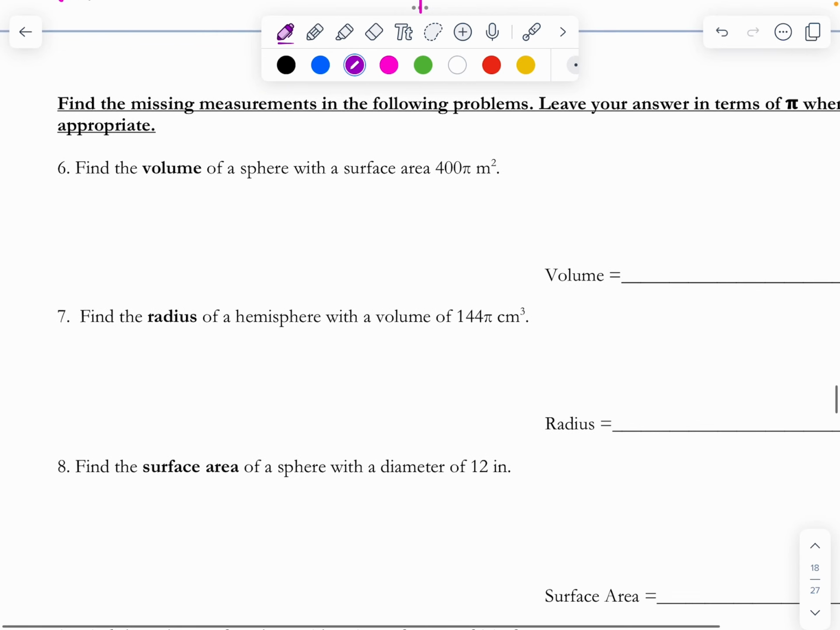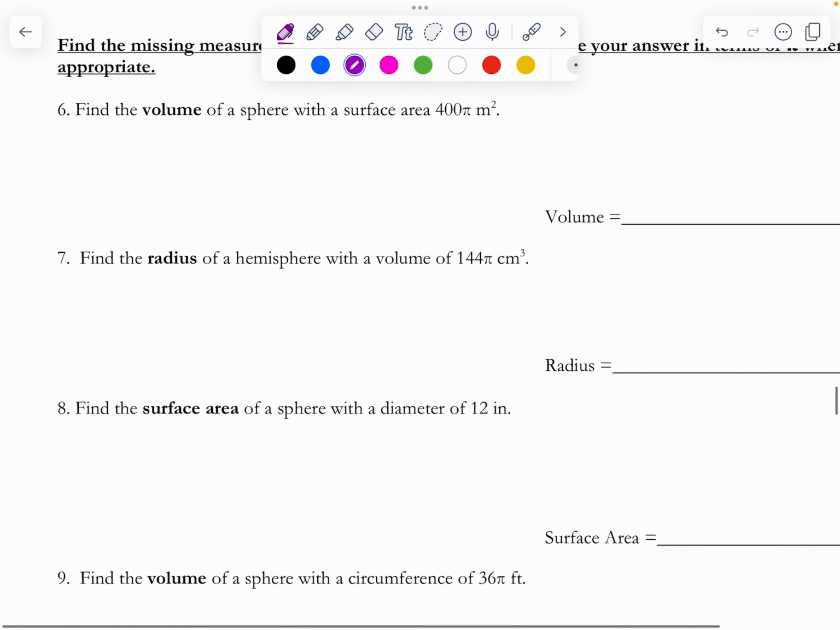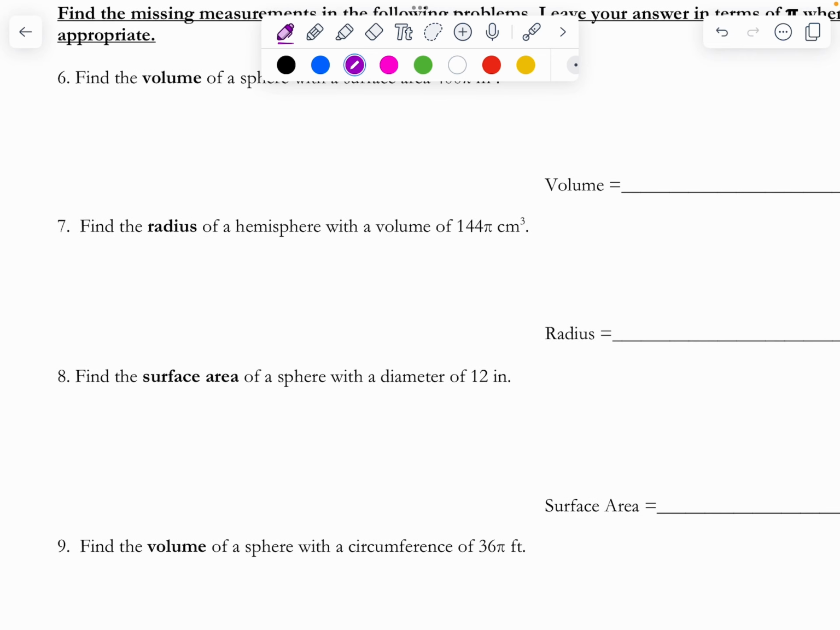All right. So another one that we could possibly do. Let's do number 7. So for number 7, we need to find the radius of a hemisphere with a volume of 144 pi. So if you remember,